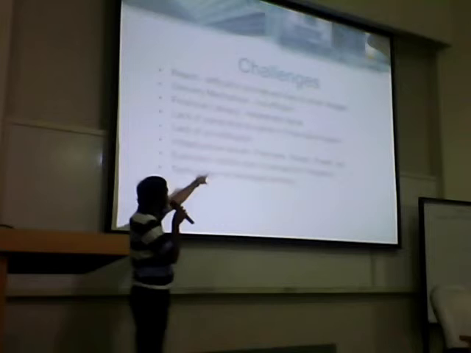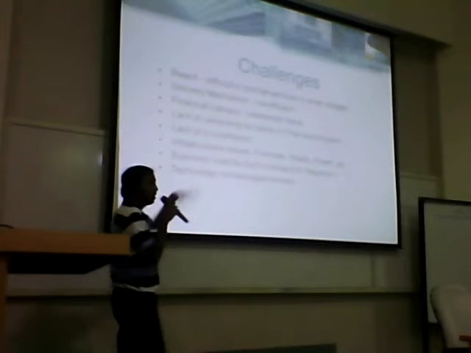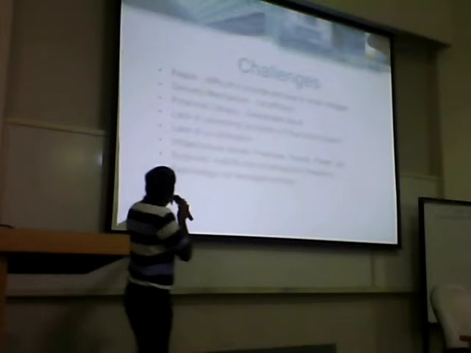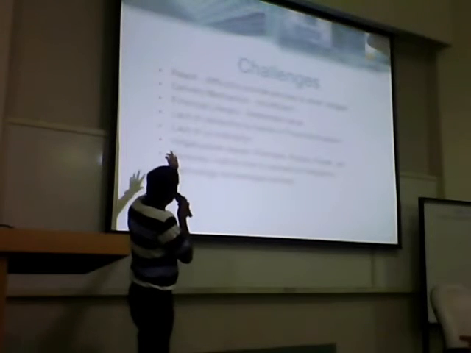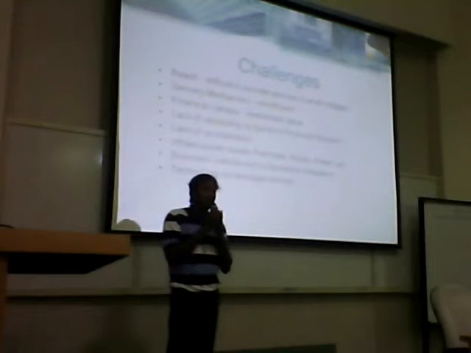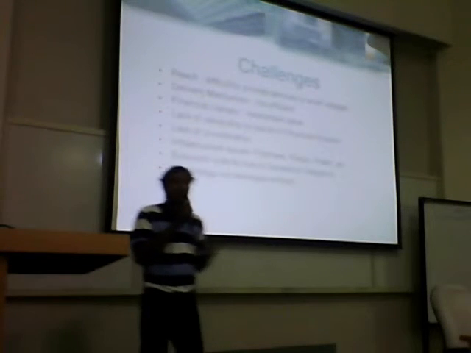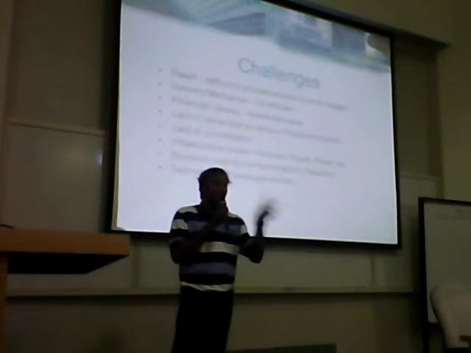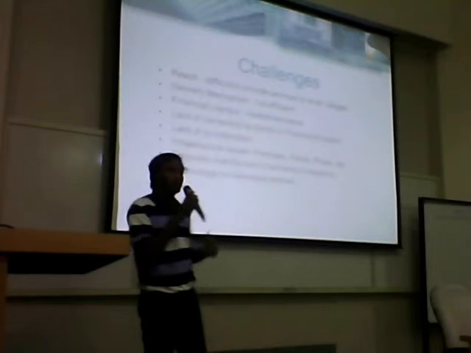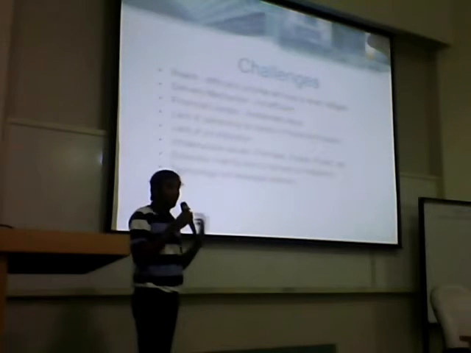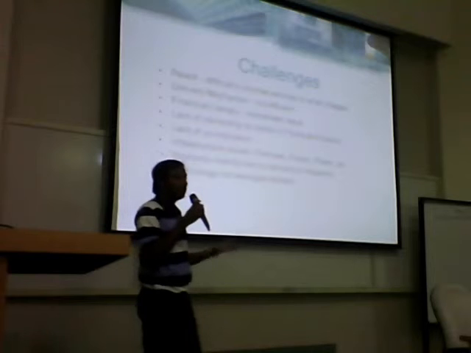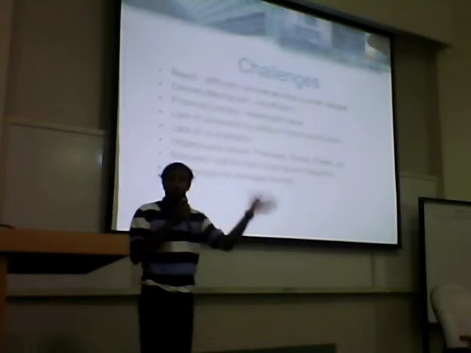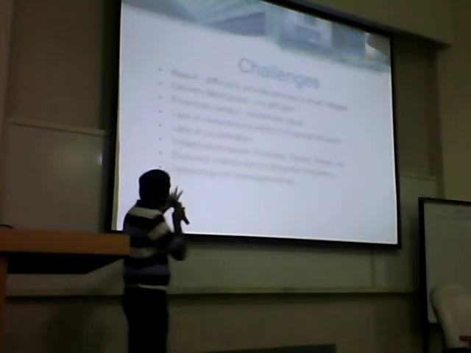One is the infrastructure issues. There aren't enough roads and other facilities so that they can actually deliver the service in the proper manner. And there isn't enough coordination among the banks and various other institutions, which is very much required to provide these services at an affordable cost. That is the basic aim. That's what I was trying to summarize in the beginning. We have to provide these services at an affordable cost in a transparent way. To do that, we need proper coordination among not only the banks but the other institutions also, which is lacking right now.